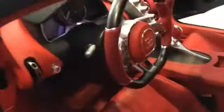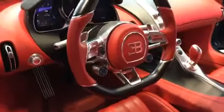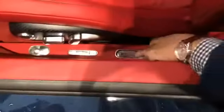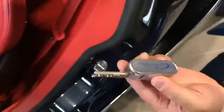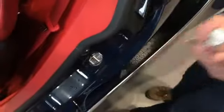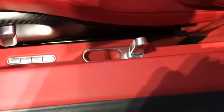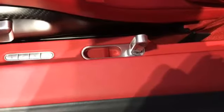But stepping into the driver's section, to really fully unleash the car, you actually need to use a second key, and that is here. This is the key. So the other key takes you up to about 380 kilometers an hour. This unleashes the full potential of the car, and you, of course, plug it in here, and that unleashes the rest of the horsepower. Now, if you want to step into the driver's seat, I'm going to...